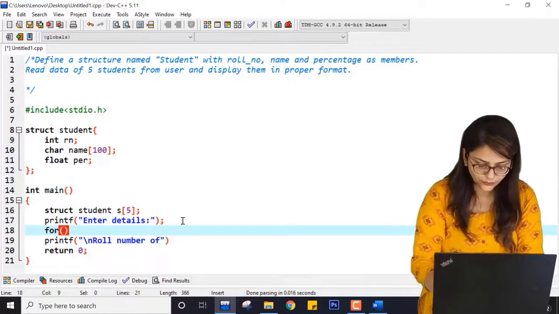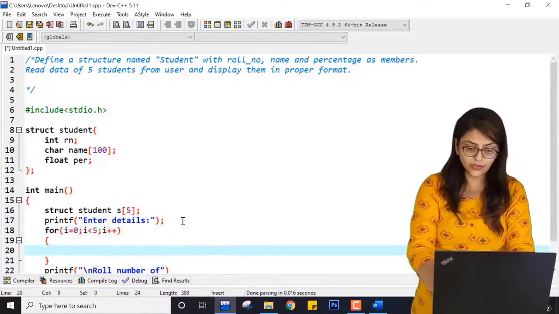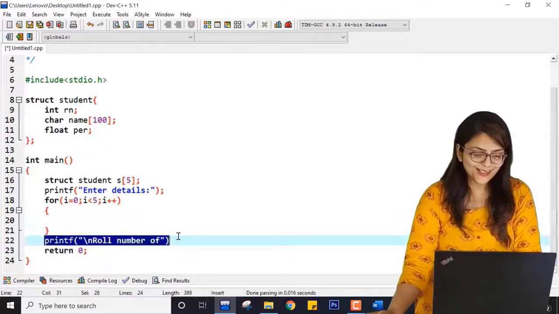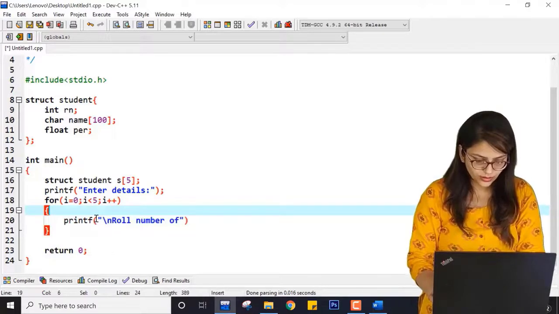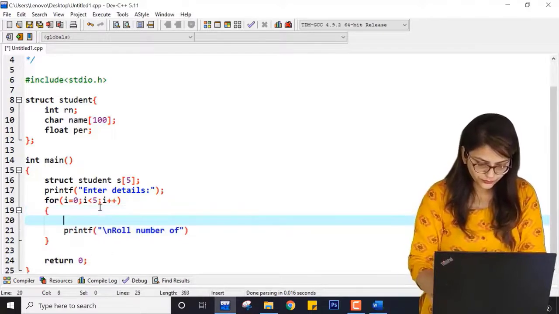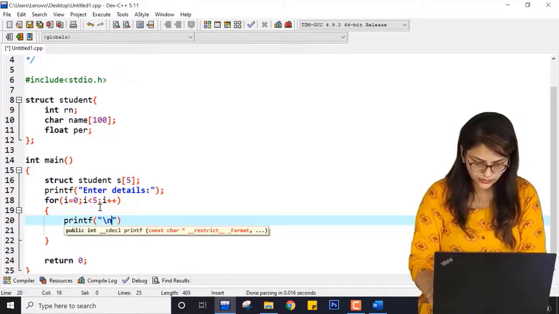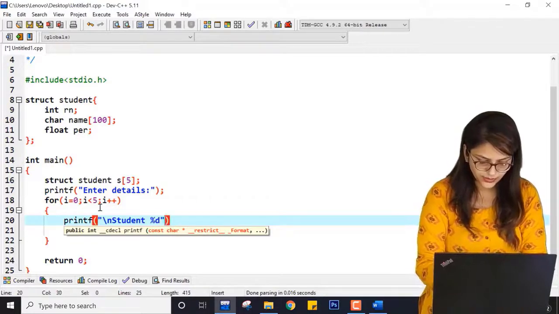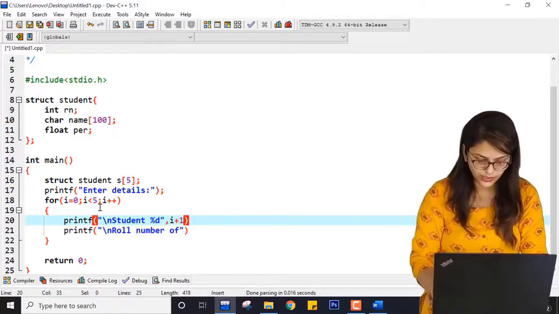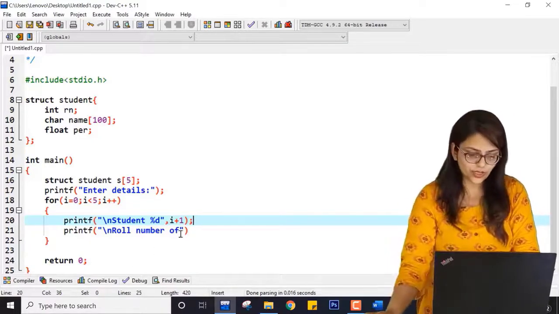So for that I am writing for I equal to 0, I is less than 5, I plus plus, I have to add details of 5 students. So let me write inside this here printf \n student %d, and here I plus 1, right? So it will print student 1 for first iteration, student 2 for second iteration, and so on.